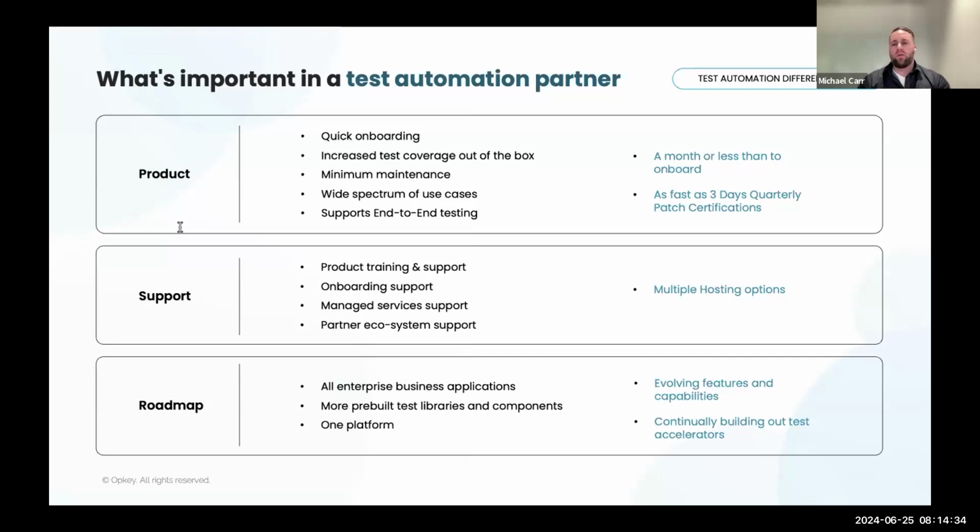Another area that we focus on as a benefit and a differentiator is your ability to increase the number of test scripts. This will be something that you learn more about throughout today's session, that will add a little more context to what we mean by the ability to increase the number of test scripts, reducing time and effort in maintaining your testing program. So really, a lot of those tedious tasks that come with manual testing, having the Opkey platform, the product, do a lot of that work for you.